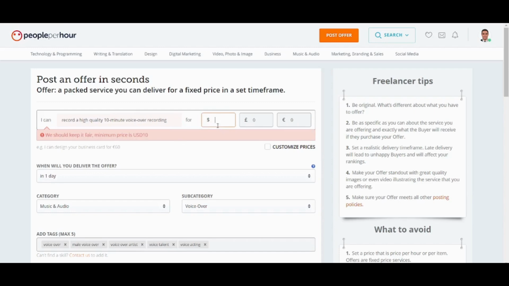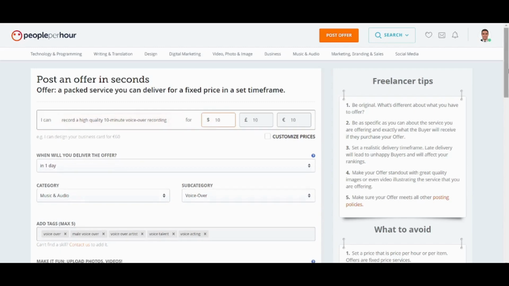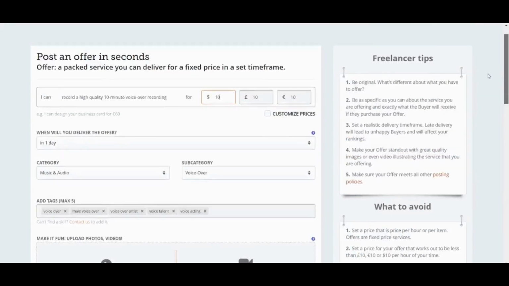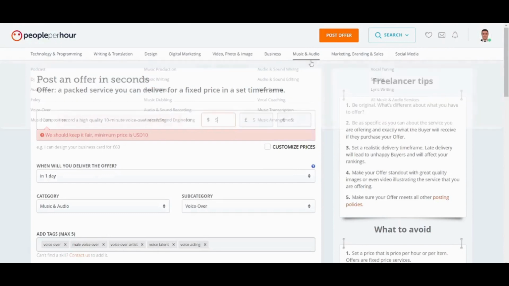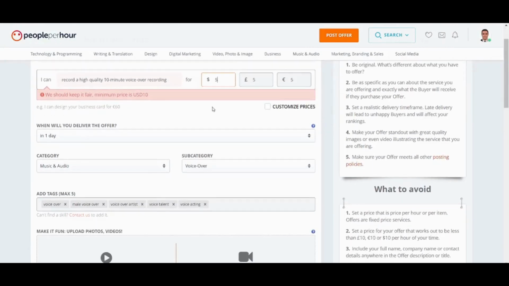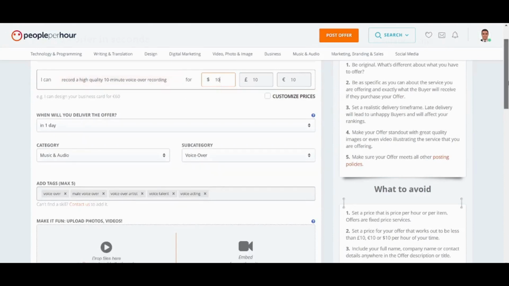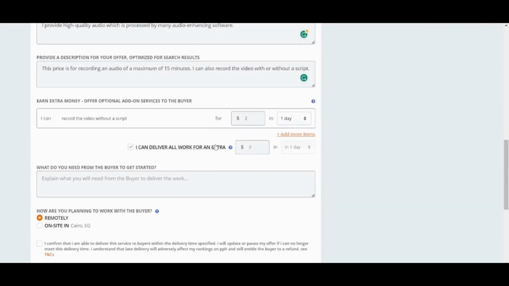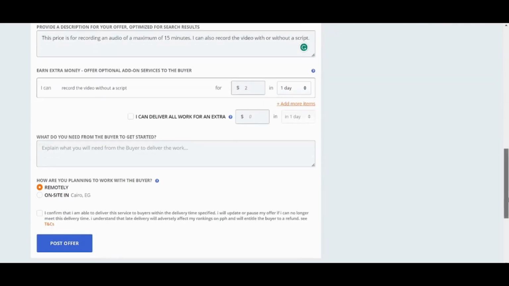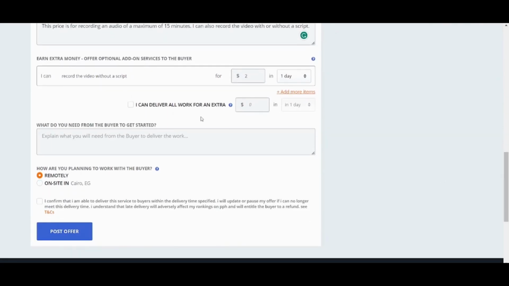You have to make it like 5, 10, 15. I will make this $10, or let's make it $5 for example. And the minimum is $10. And this is going to be an additional $2 if there is no script and you are going to prepare the script by yourself. And here you can also deliver all work for an extra fee, like you are making the time less in order to gain more money.